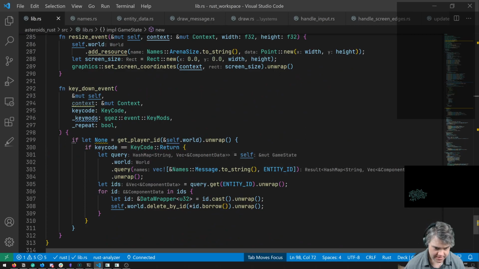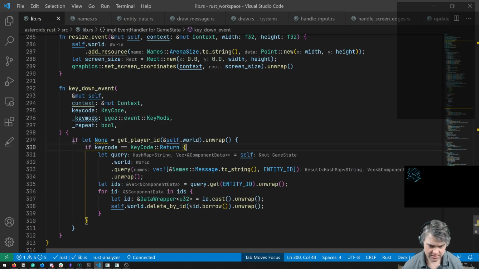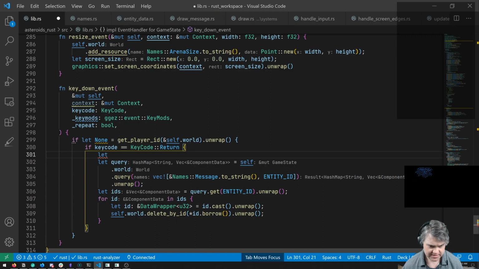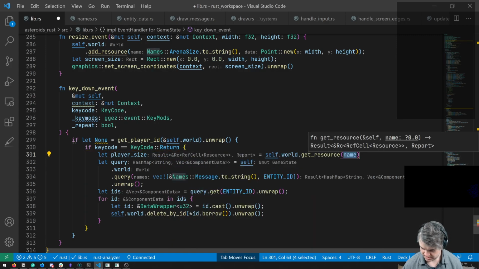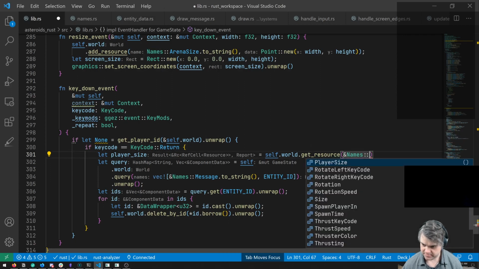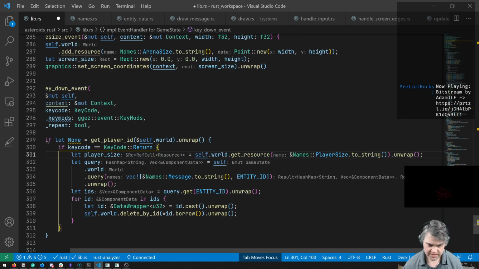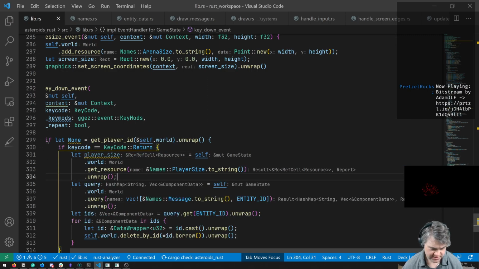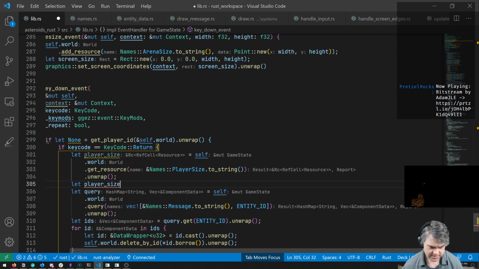So don't do that. Take me back here. Okay. So let player size is equal to self.world.get resource names size to string. Okay, so that gives me this RC ref cell. Then we can just borrow you right away. So let player size.